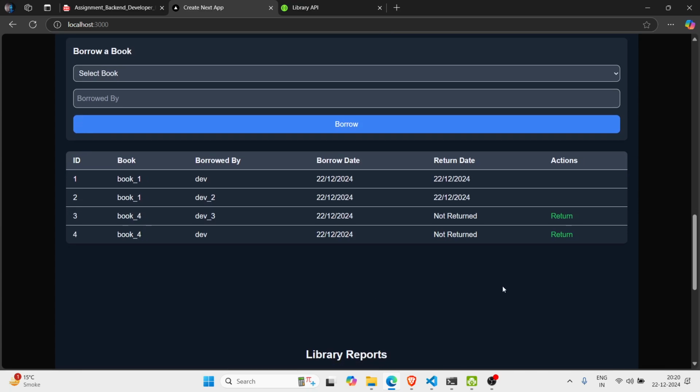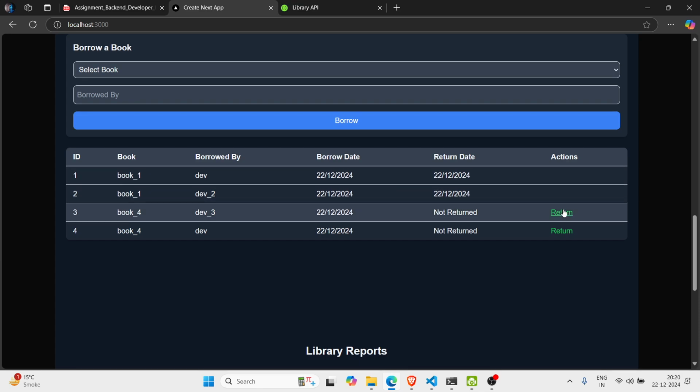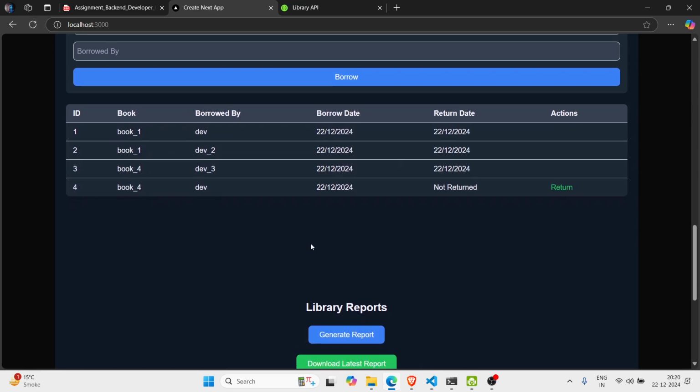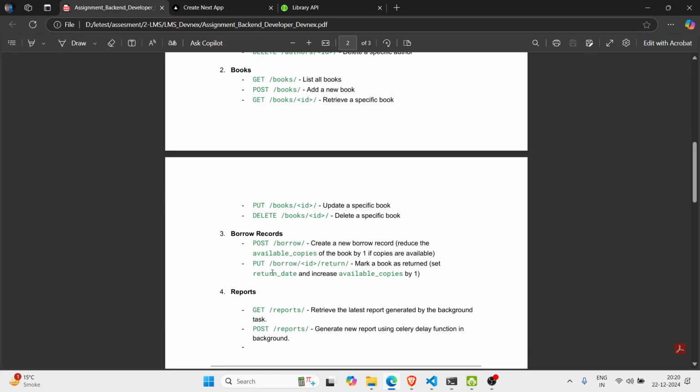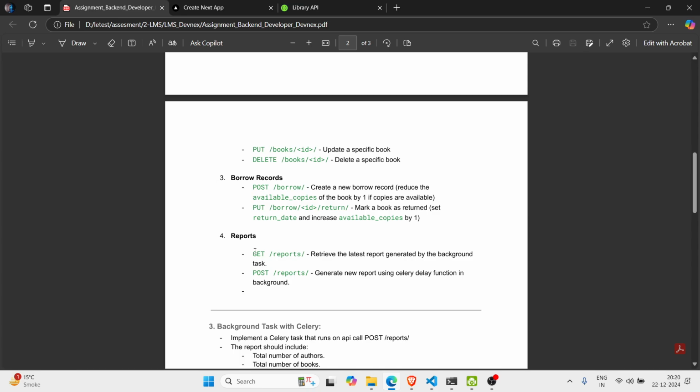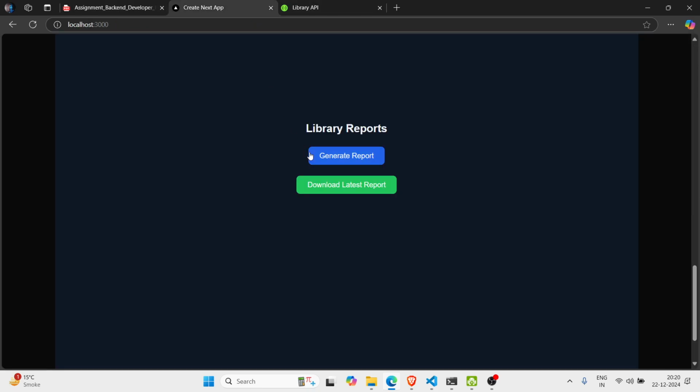borrowed. So here we can return the book. In the action column we have a option for return the book. Let's return book 3. So here book 3 has been returned. So let's move on to the reports part. As mentioned in the assignment, need to create get and post endpoints for report. So this is the